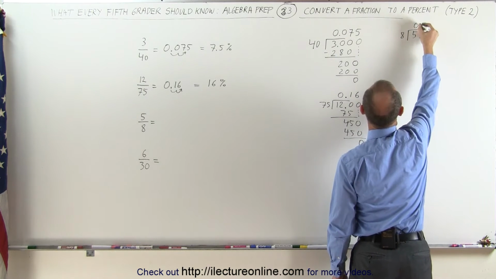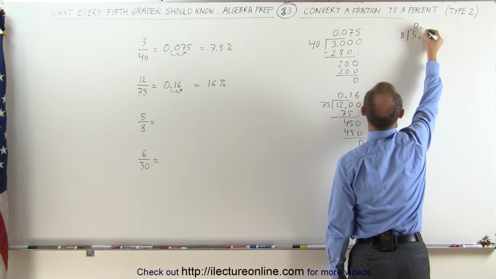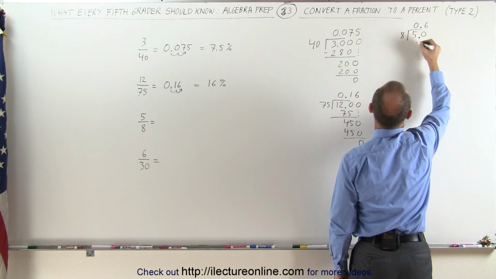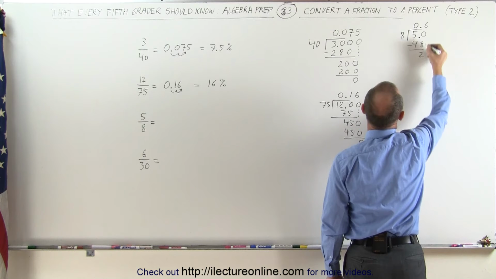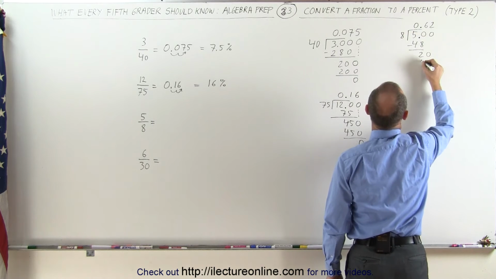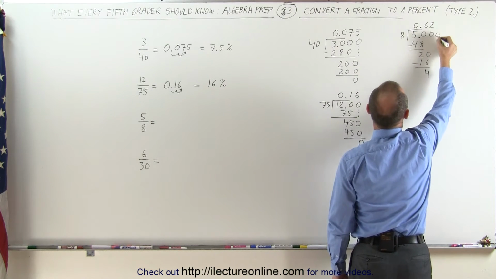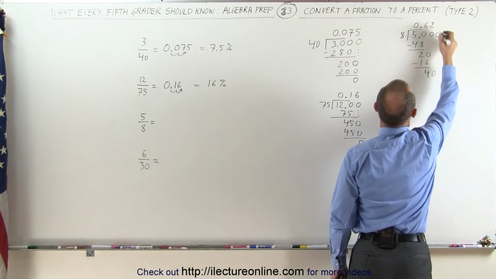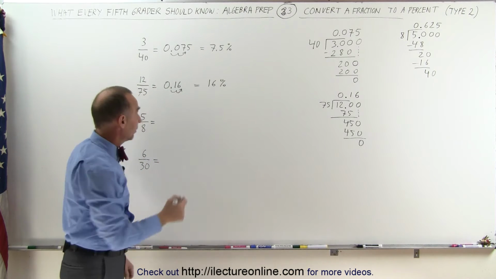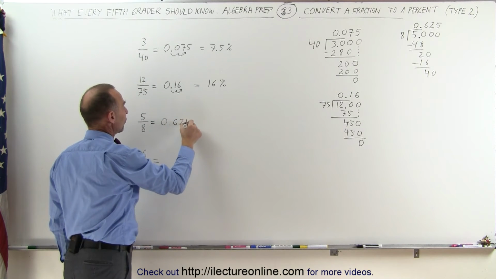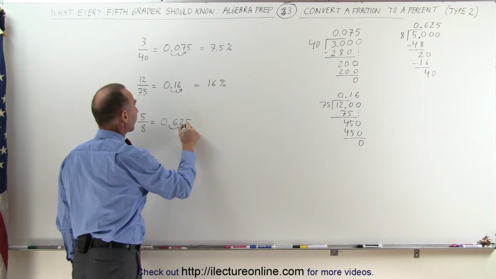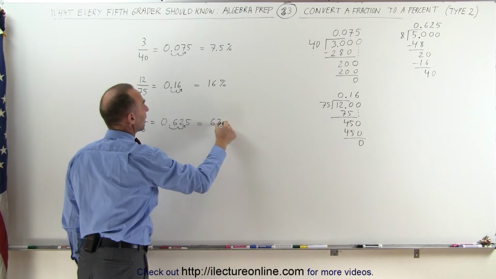8 goes into 5 0 times. Put a decimal place there, put a decimal place there, add a 0. 8 goes into 50 6 times, because 6 times 8 is 48. Remainder is 2. Add a 0. 8 goes into 20 2 times. 2 times 8 is 16. Remainder is 4. Drop down another 0, 8 goes into 40 5 times, which means 5 divided by 8 can be written as the decimal 0.625. And now that it's written as a decimal, we can turn it into a percentage by moving the decimal place over 2 spots, and this is therefore equal to